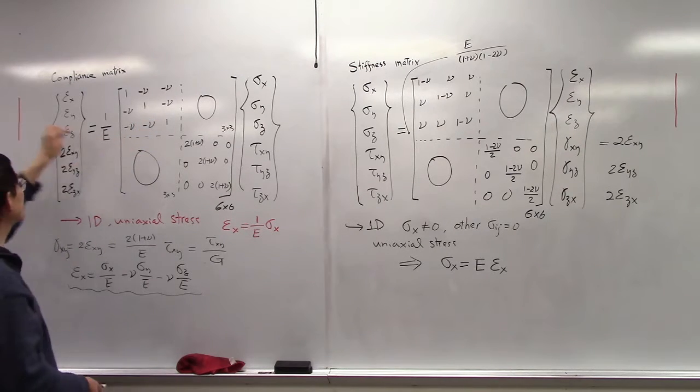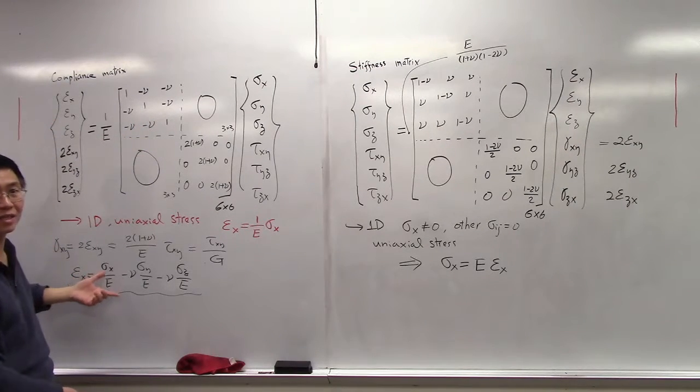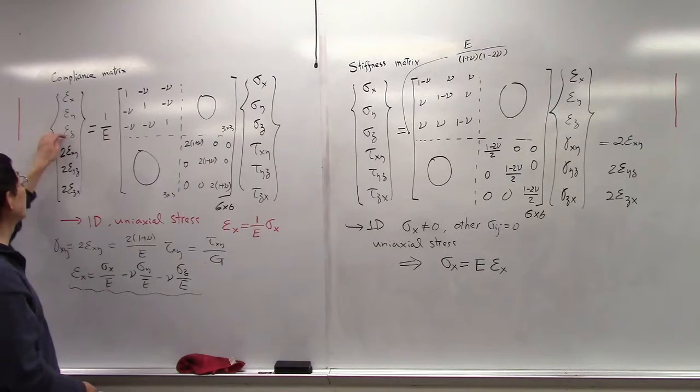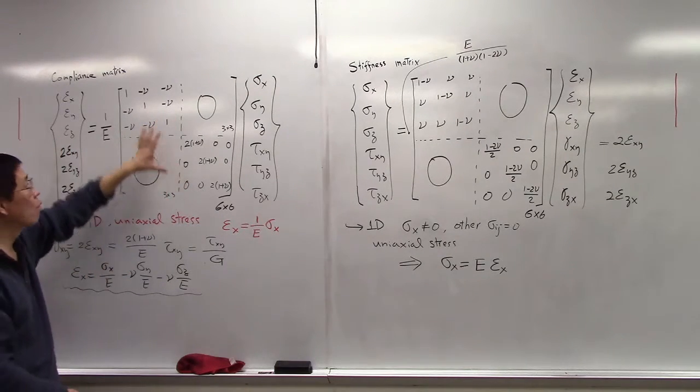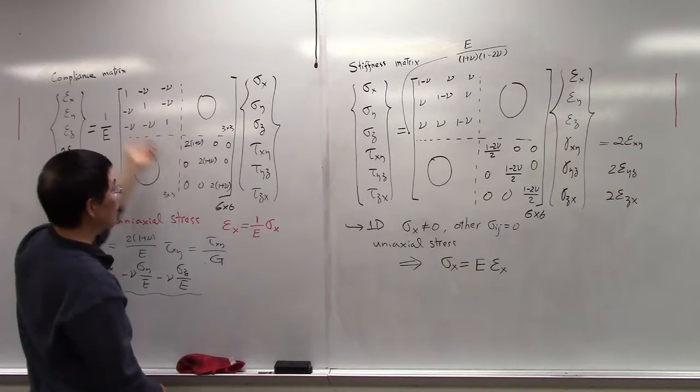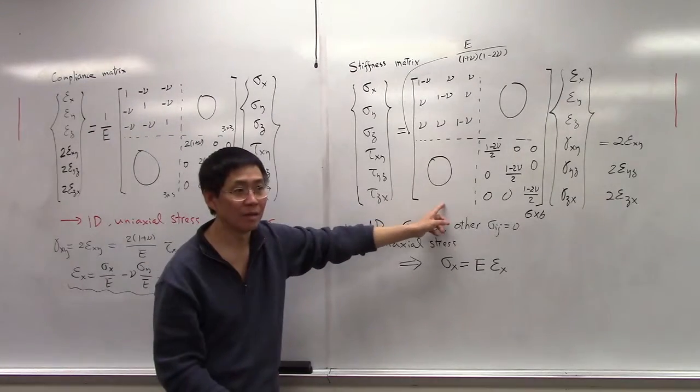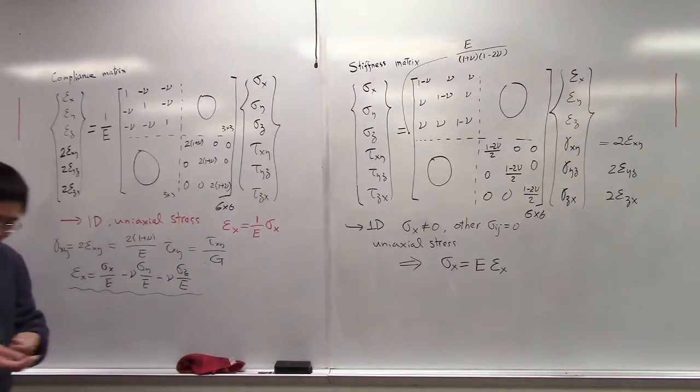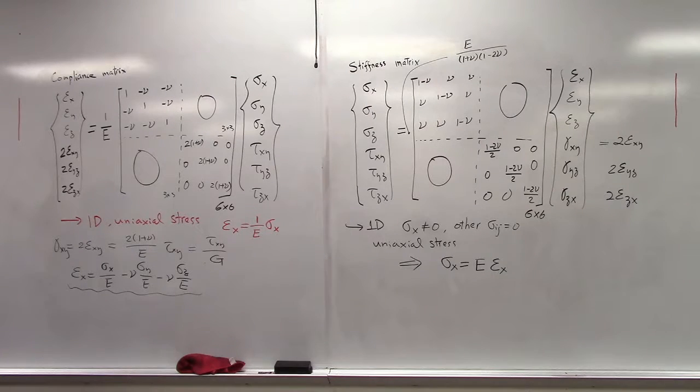Because for the second one, you just take care of the index appropriately. And this one, and then you have the whole thing. Once you have this, you invert it, you get that one. Therefore, I always advise you to remember this